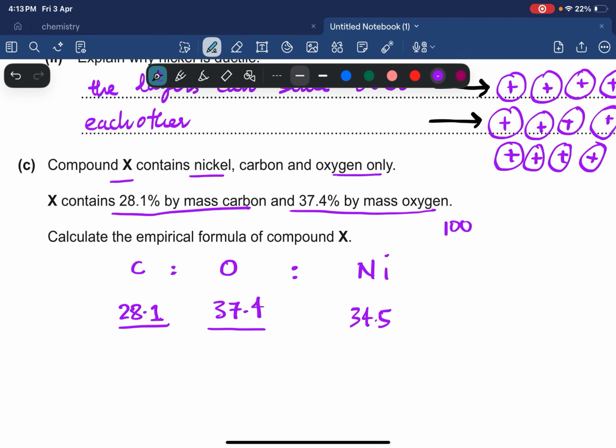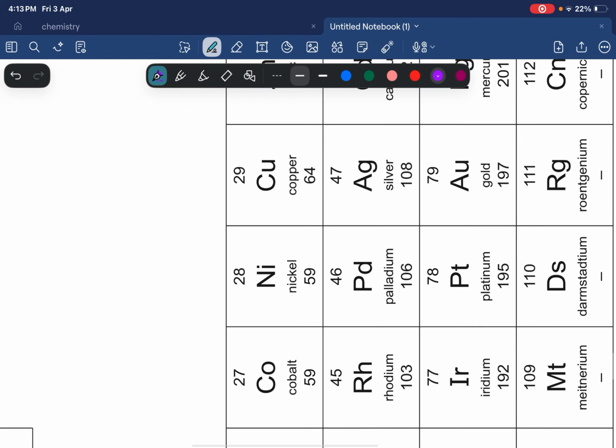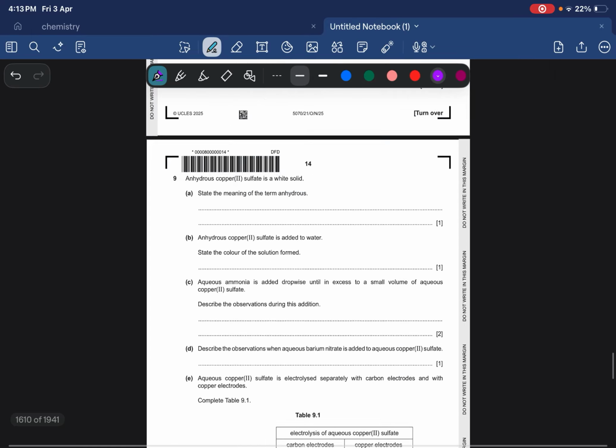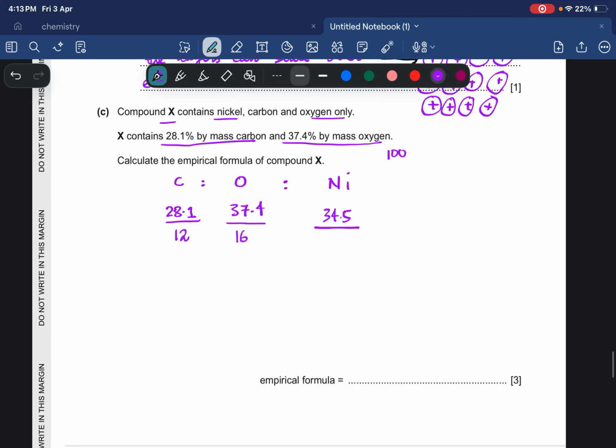And now what do I do? I divide all of them by their mass numbers in the periodic table to get the moles. Divided by 12, divided by 16, and nickel is going to be divided by 59. Or 28? What do you guys think? It's going to be 59 because we do it with mass number, not with the atomic number. And what do we get? So if I do it on calculator, I get